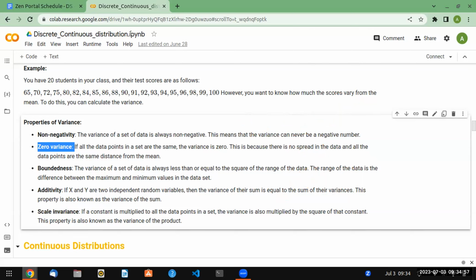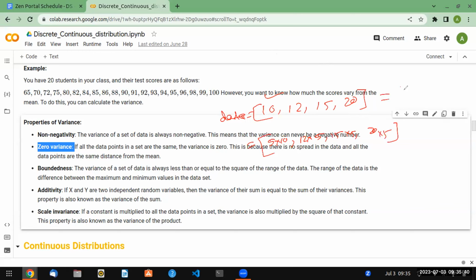Now the fun part begins. Please repeat scale invariance. So suppose you have 10, 12, 15, 20. This is your sample data, right? Now, I will multiply by 5, that means to every data point: 5 into 10, 12 into 5, 15 into 5, 20 into 5. So now this is my new data set.